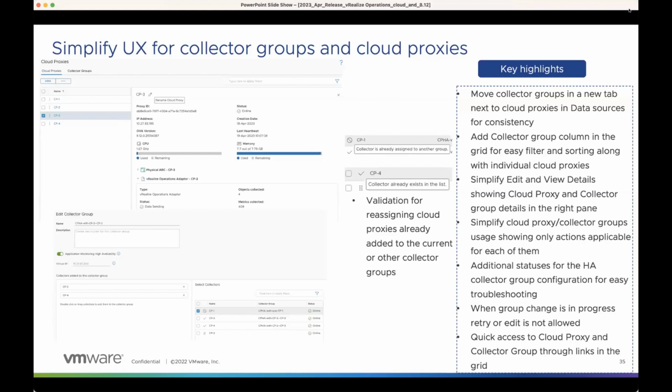Also, there are different actions that you can take on the cloud proxy or collector group, like edit, data persistence. Also, you can reconfigure your collector group depending on the details changing or something else. So we provided showing only the actions that are applicable for a specific cloud proxy or for a collector group in the actions menu, and also in the actions menu on the top and